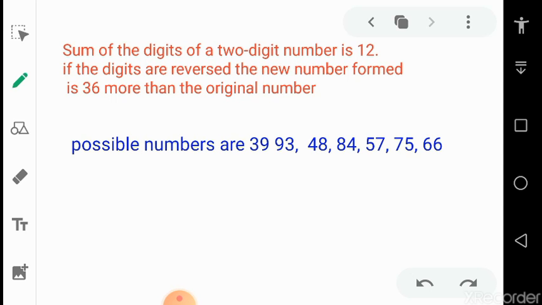So go through the video again and try to understand all the examples, all the definitions, then solve the questions in the assignment. And if you have any doubt, you can write in the doubt section of your app.